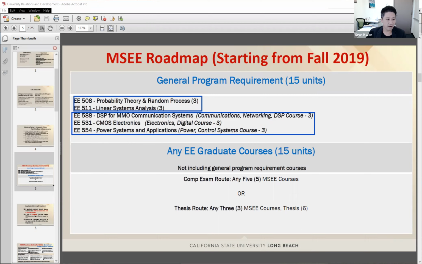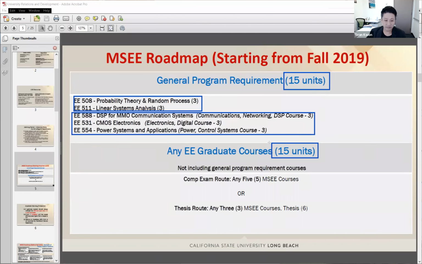These 5 are the mandatory classes, and if you finish these 5 classes, you can have 15 units. On the other hand, the requirement of completing the MSEE program is taking 30 units in addition to these 15 units.